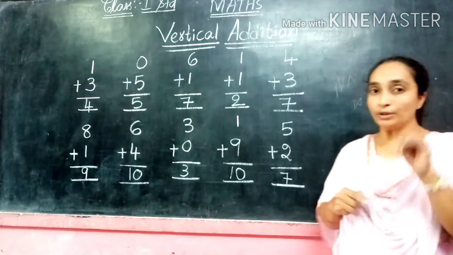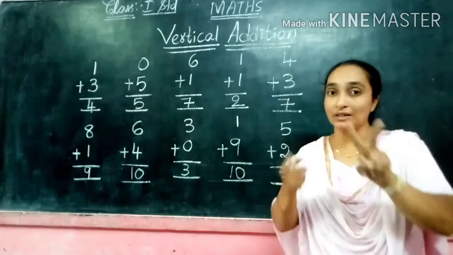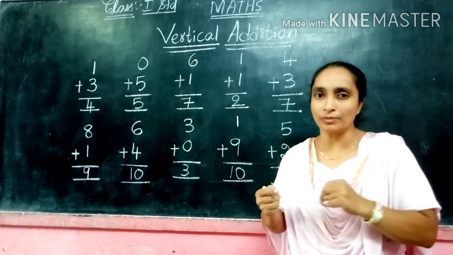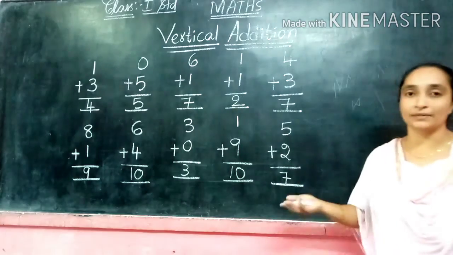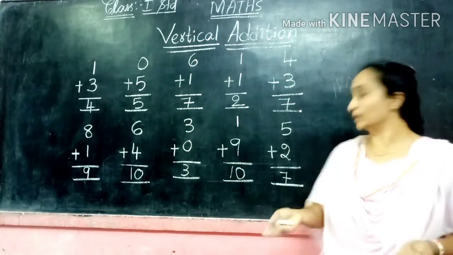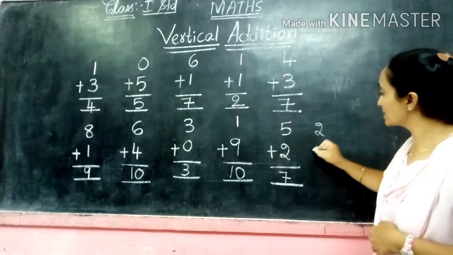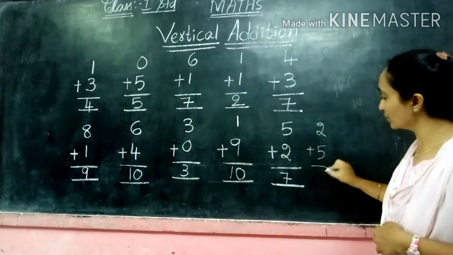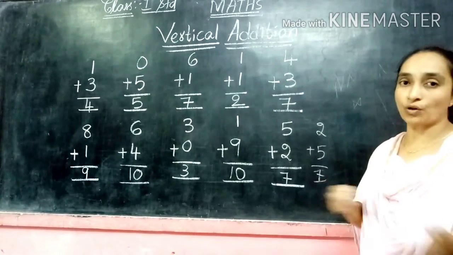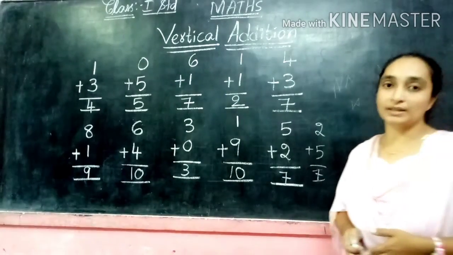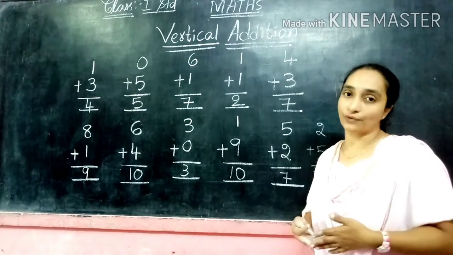If you take the small number 2, the 5 here, 5 after you can count very fast. 5 after 6, 7. Just 2 numbers. So here we got the answer 7. Anyhow we will get the answer 7 only. If you add 5 plus 2, also 7 only. If you add 2 plus 5 also, the answer will be the same. So if you change the order also, the answer will be the same. But counting, it will be done very fast. We can count the additions fast.